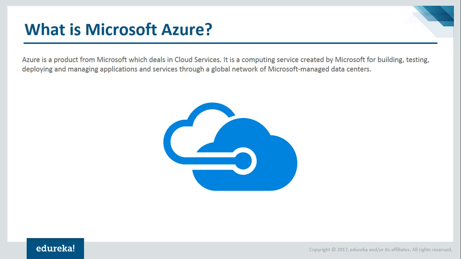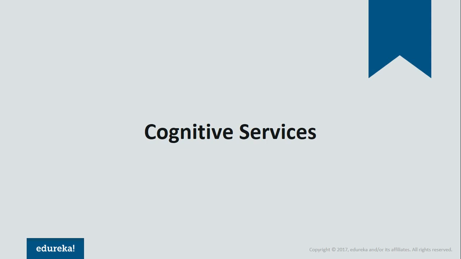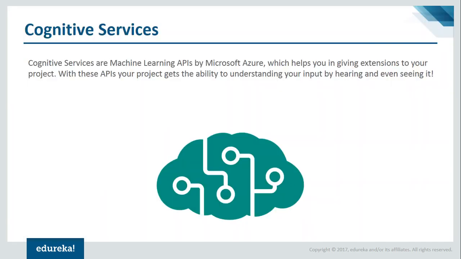Now, Azure has a lot of services, guys. It has compute services, database services, and storage services. Among them, I'm going to discuss the very important and very new services that have been introduced by Microsoft Azure, which are called the cognitive services. So what are cognitive services? Cognitive services are machine learning APIs by Microsoft Azure. They are a bunch of very cool APIs that you can use